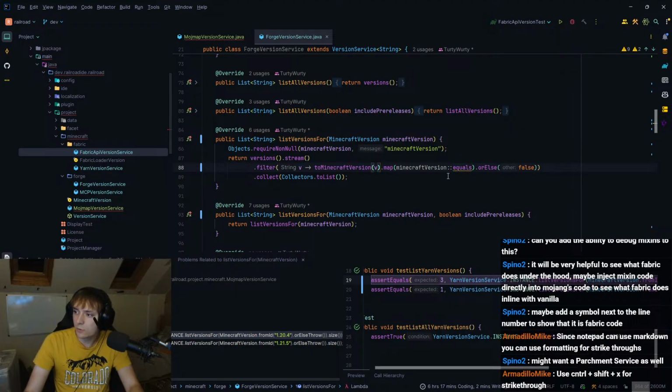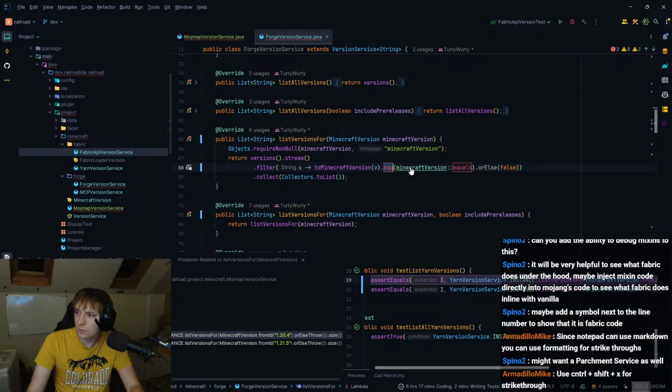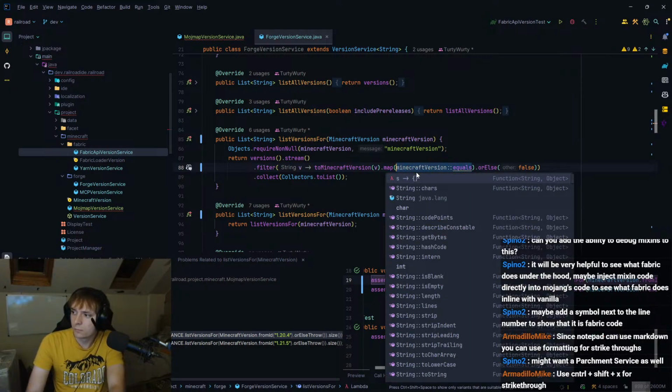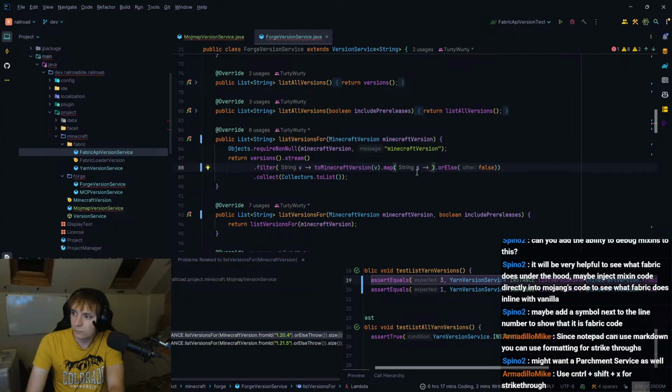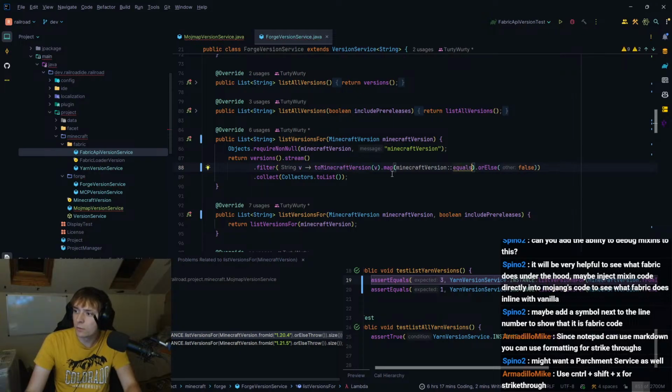No, I need to do, unless I can flat map it? Why isn't it like that? I don't know. Oh, because it's a string. Wait, why is it a string? Oh, it shouldn't be a string. One second, I can flat map it, I think.